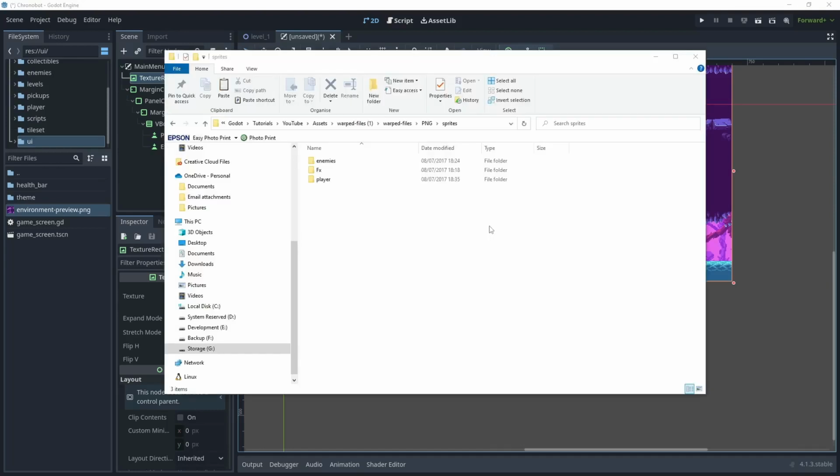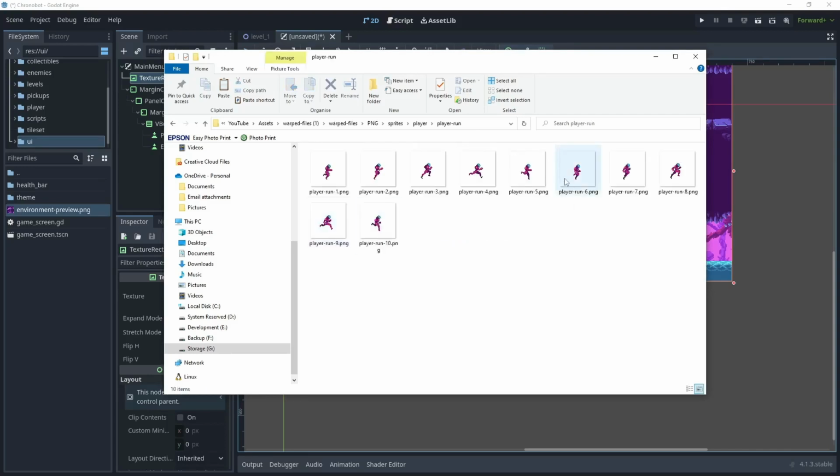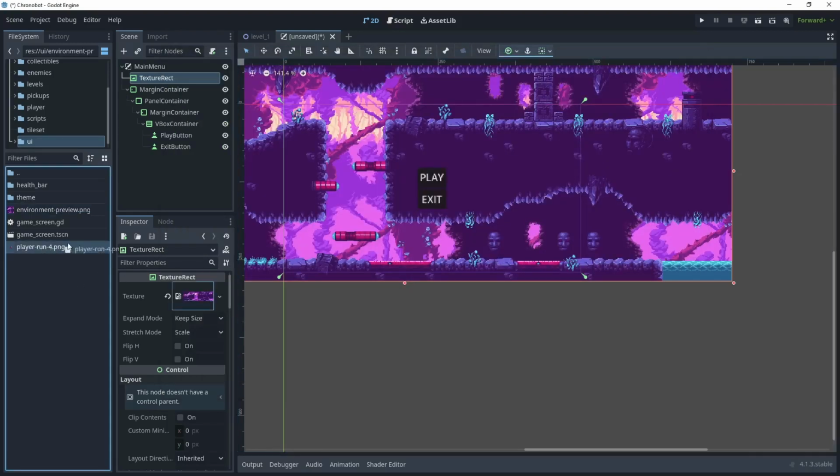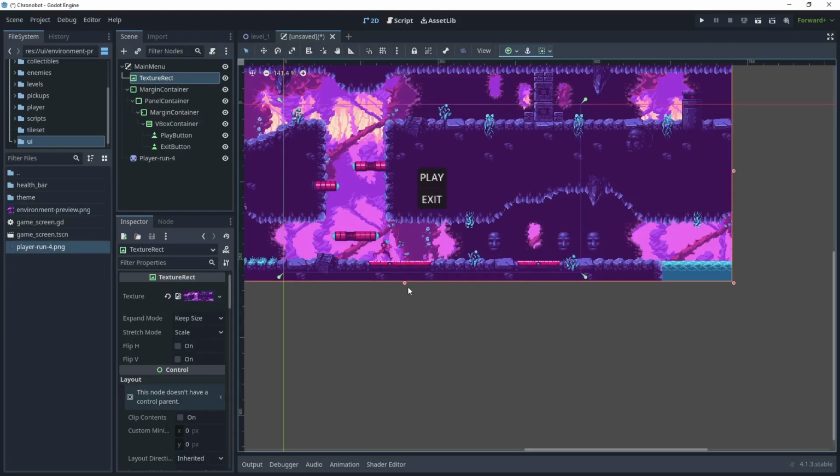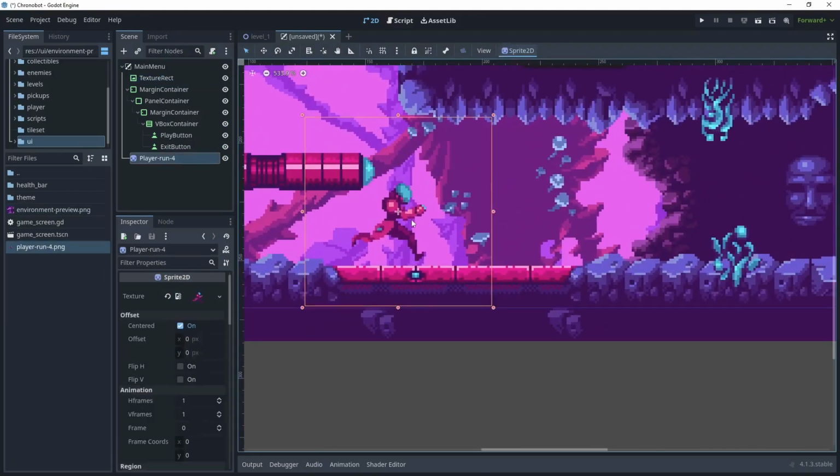Then go back to the warped files collection again, but this time go into the sprites folder and let's open the player folder. I'm then just going to go to player run, and I'm going to use this asset here. So I'm just going to drag that again into the UI folder, and then I'm going to drag it onto the game screen. So I've got an asset here, and then let's just position that so that it just fits